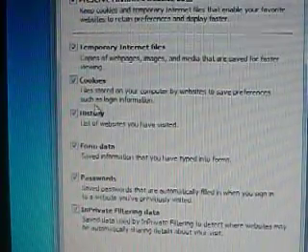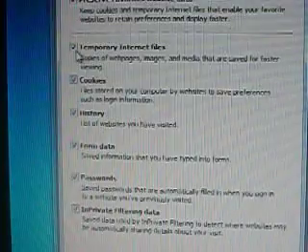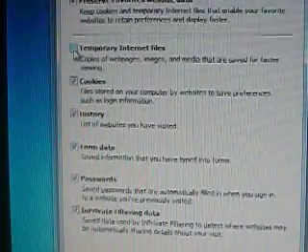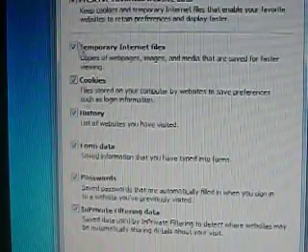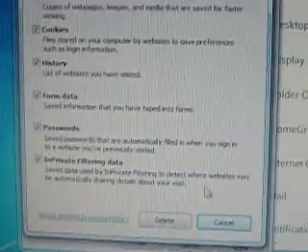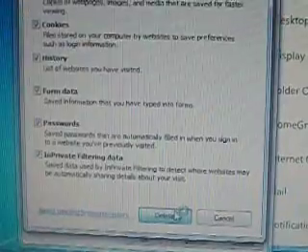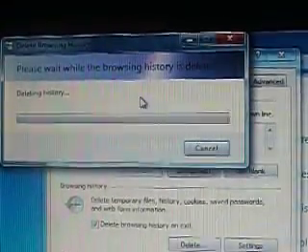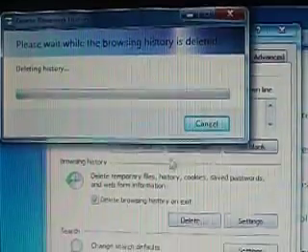and delete. You can check all the boxes and click delete and wait for several minutes, two to three minutes.